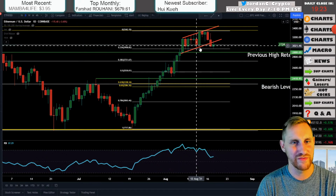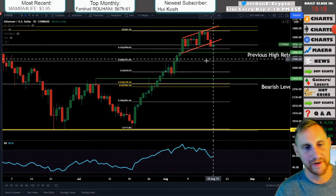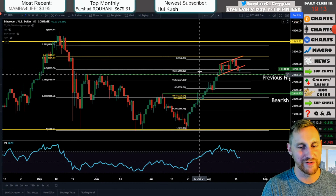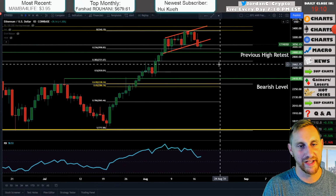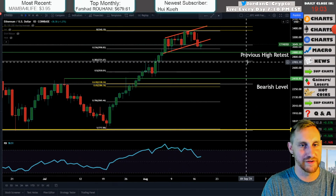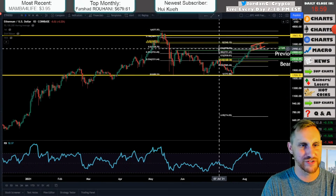Now you can see we've made a lower low here on the daily. It's not a macro low. ETH doesn't really have a macro low on the daily here. We kind of just went straight up for the most part. We never really got that significant pullback. So it's one of those things that if you break the 236, you have so much support